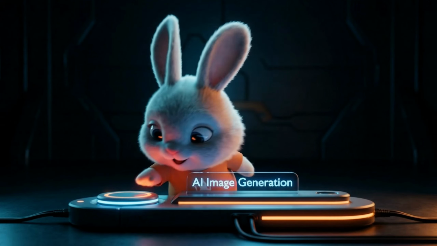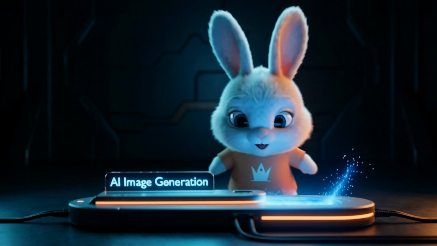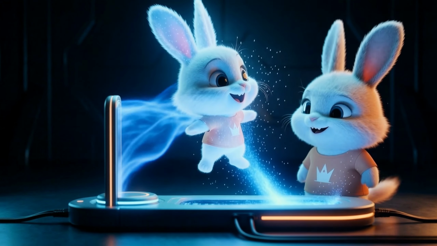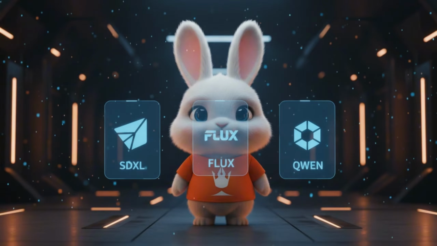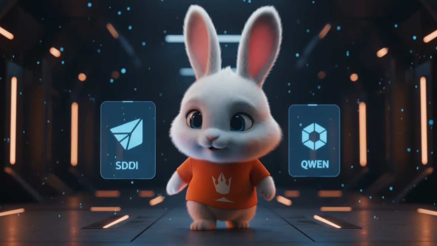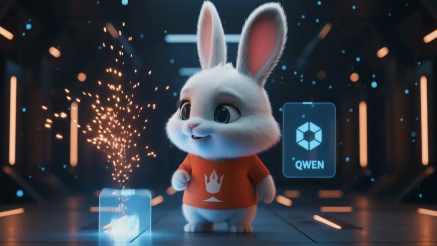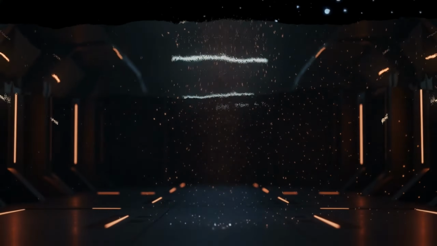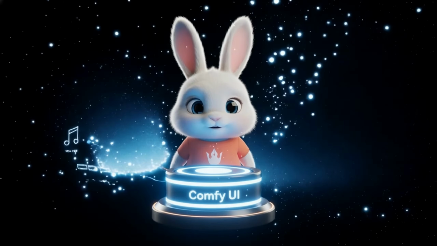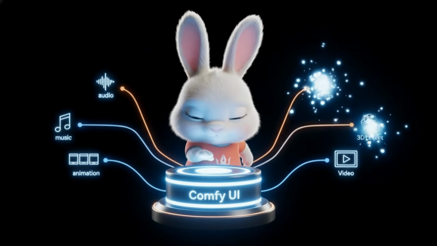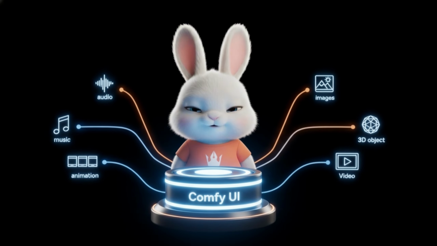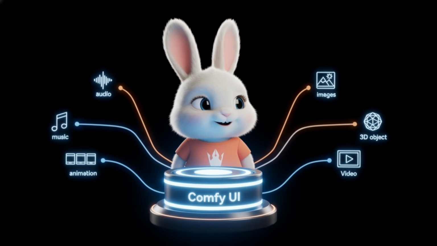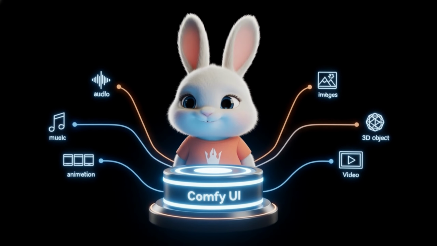But before we talk about Comfy UI itself, we first need to understand what AI image generation actually is. Today, AI is not just one thing. There are many different AI models that can run locally on your own computer, such as Stable Diffusion, Flux, Qwen, and many others. It is also important to understand that Comfy UI is not limited to image generation. Comfy UI is a general interface for running many different types of AI models locally. While it is most popular for image generation, it can also be used for audio, music, video, animation, 3D, and more. As long as a model can be connected through nodes, Comfy UI can be used as the interface to